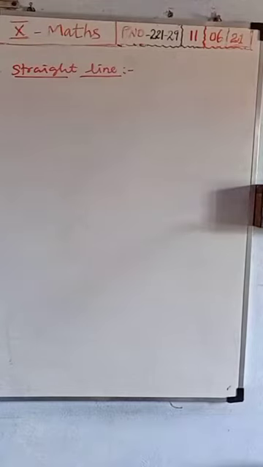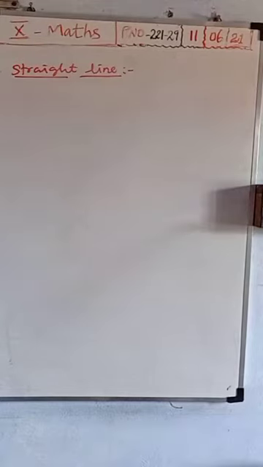Okay, so in the graph, this is the x axis and y axis, and we are drawing one straight line. In this equation, ax plus by plus c is equal to 0, x and y are coordinates. So there are two coordinates. Then the remaining, a, b, c, are real numbers.